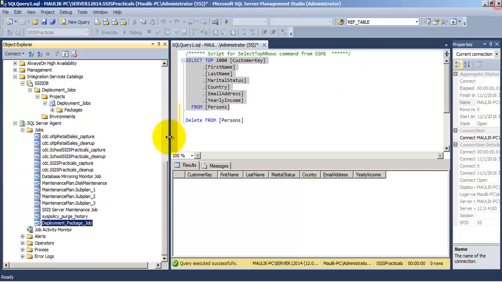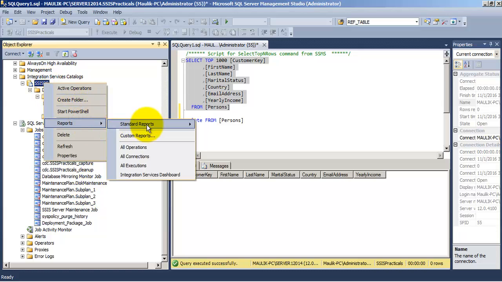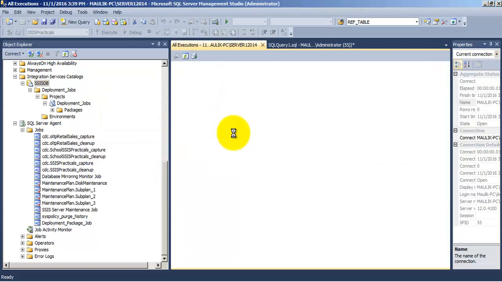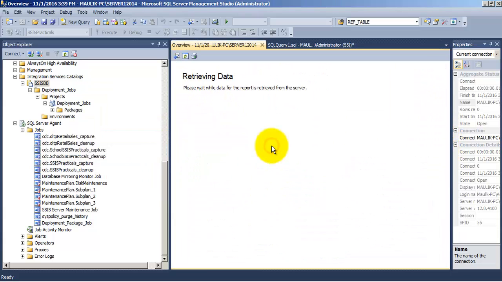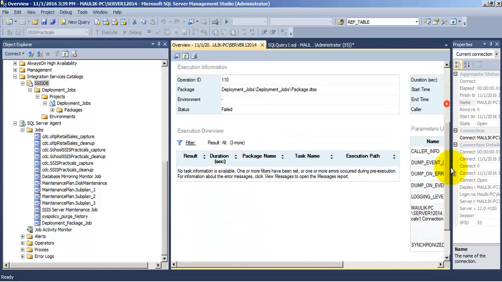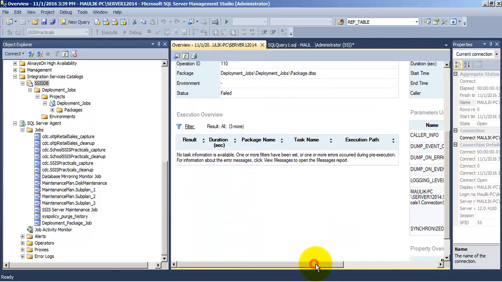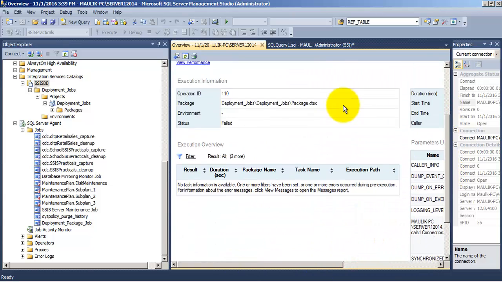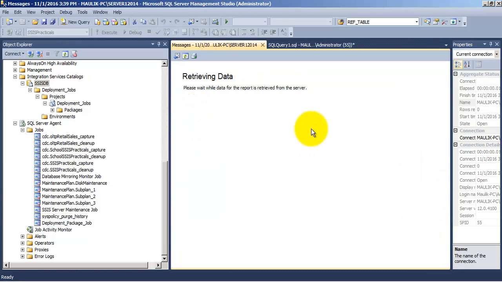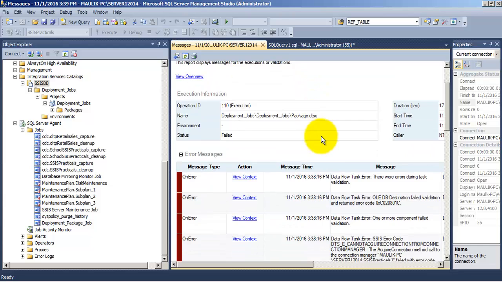Now if you want to know the exact reason why this job has failed, we can go to the reports. We can go to our package SSIS DB and right click it and go to the reports. We'll go to the all executions report. There is a failure which is being shown at the top, right? Let's go to the overview section. It gives us many details like the connection string that was used, and we can see there is a problem in the connection string. We can also go to the view messages option, and over here we can find that